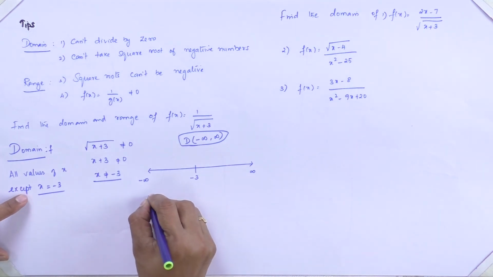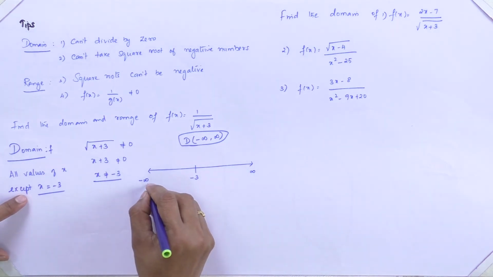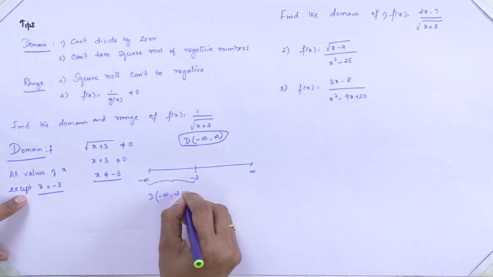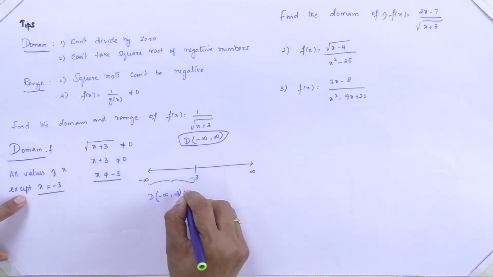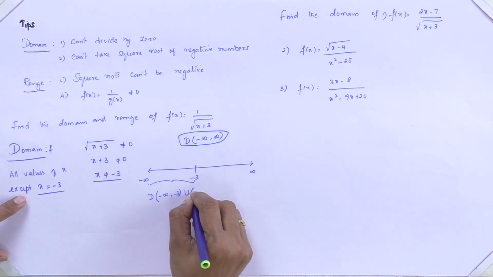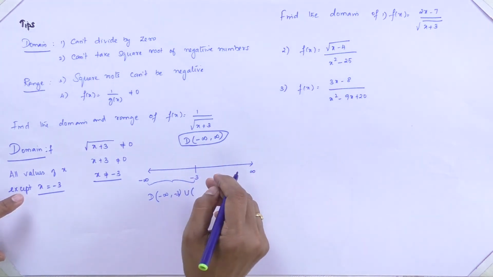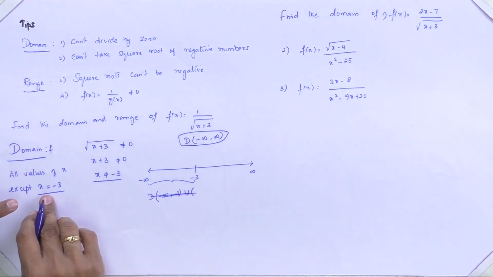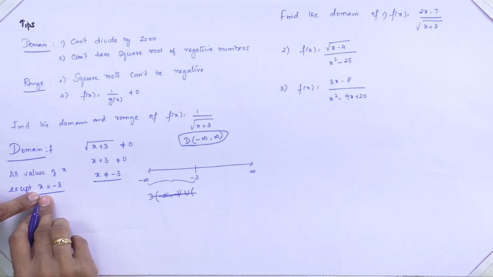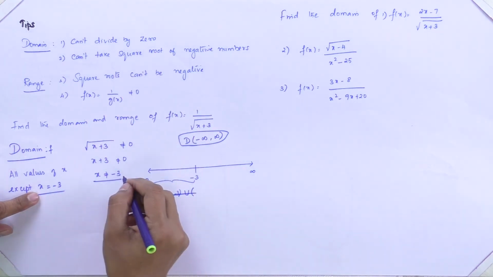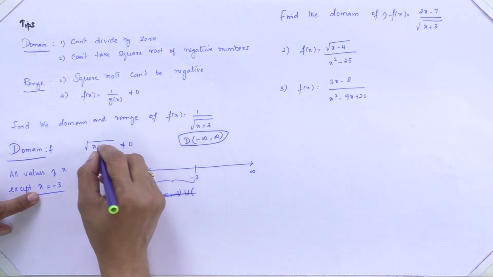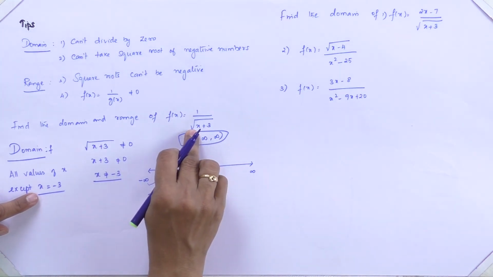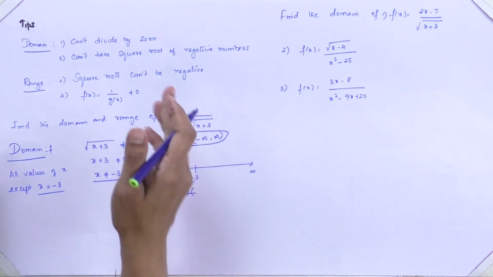So therefore my domain will take values from minus infinity to minus 3, open interval, and union, I can even have greater than that, right? So sorry, I cannot have the domain here, no? Except at x plus 3 is equal to 0, right? It is a square root, no? So it should be greater than 0. Even if I have a negative here, so if I have minus 4 now, I'll have root of minus 1,